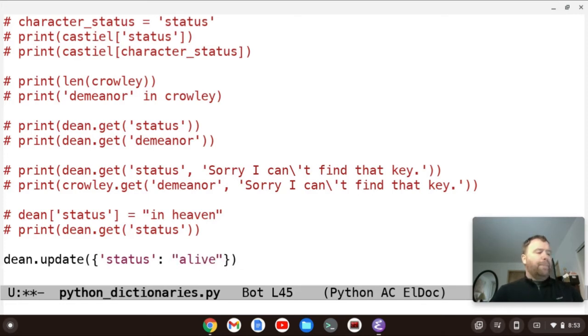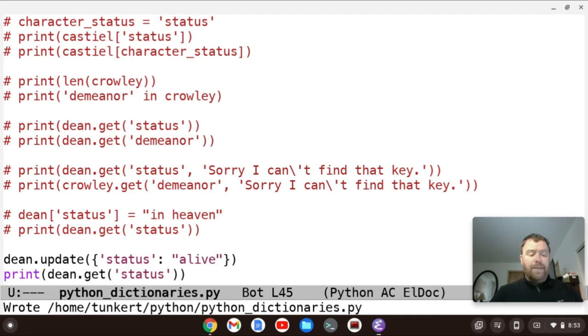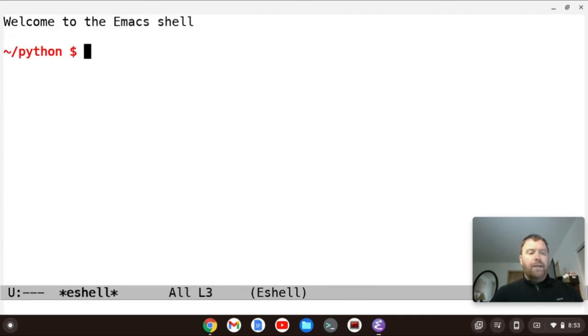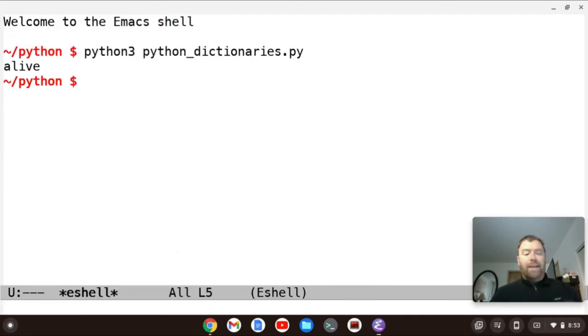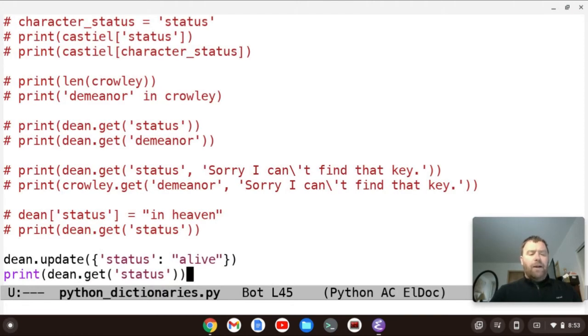Now let's print Dean.get, and we'll print his status, and it should print now alive. Okay, so let's run this program, and we see it prints alive. Okay, all right, let's comment these out.